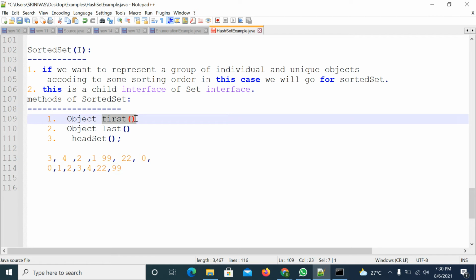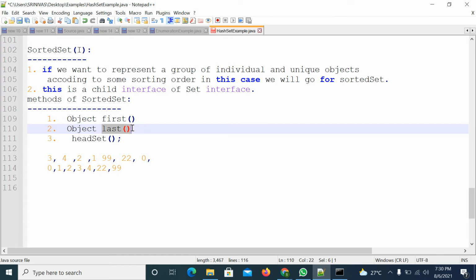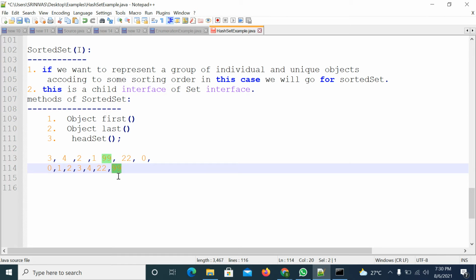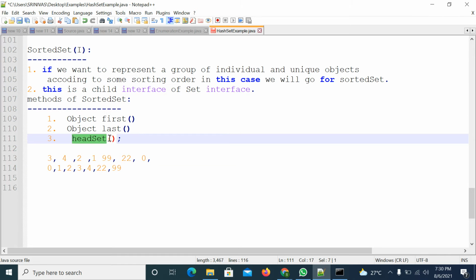Once you call the first method, it will return the first element. If you call the last method, it will return the last element. If you call the headSet method, you must pass one object.